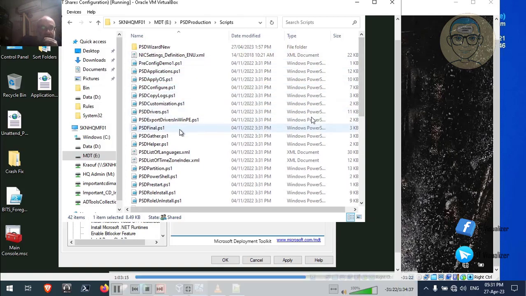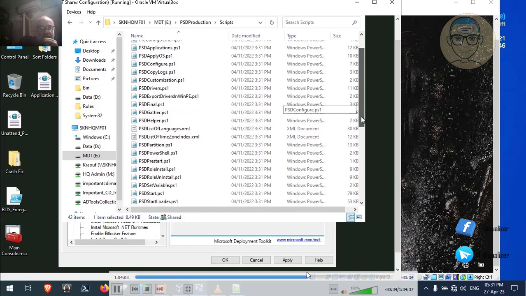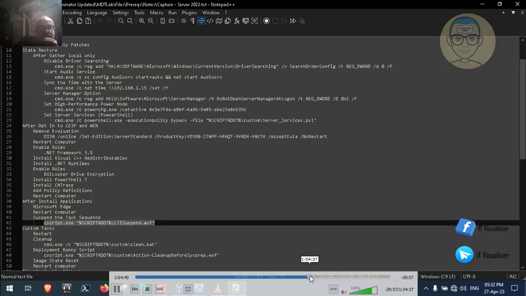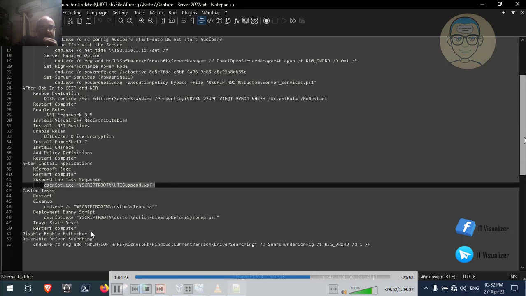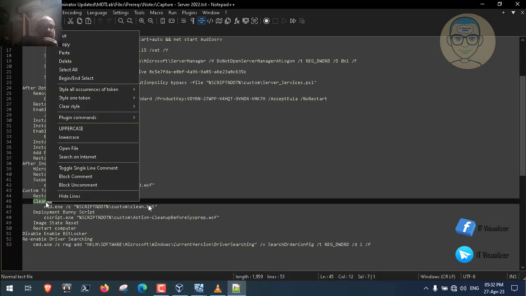So as you can see here, I cannot see the script in the scripts folder. Okay, so we can pass this real quickly. So here I will pass this step and then begin working with the custom tasks to add the cleanup batch script. Okay, we need to do that,